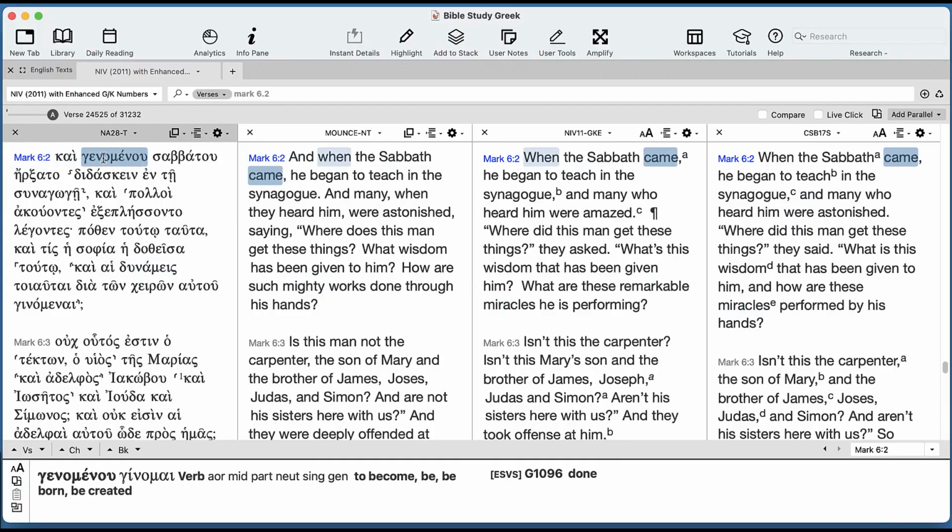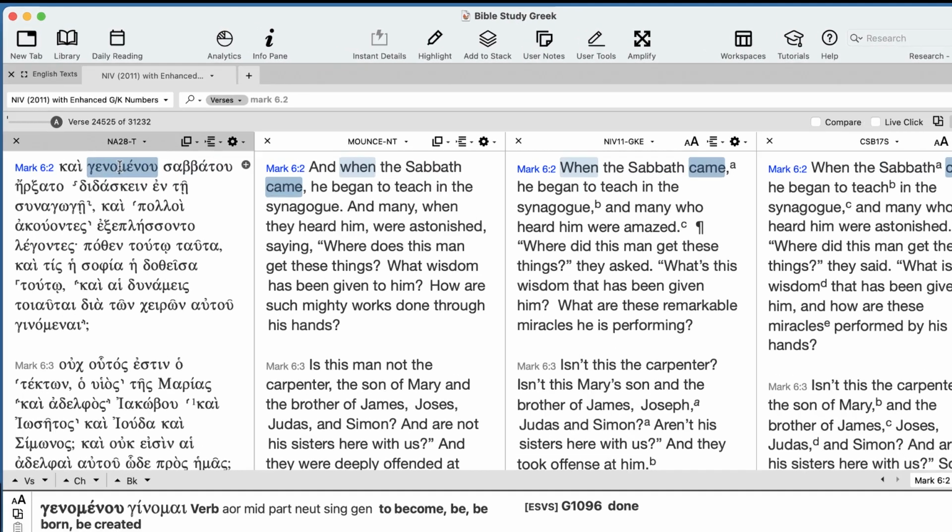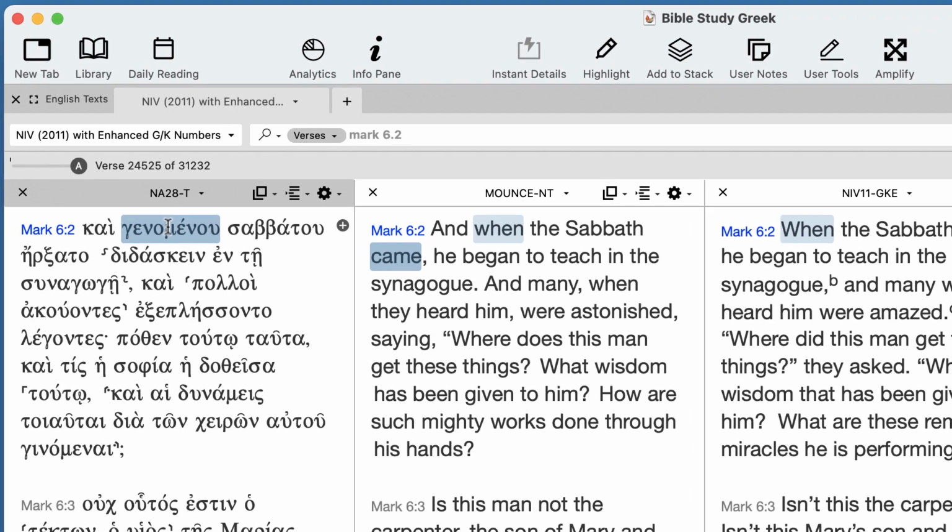It starts with, for you, it would be a difficult Greek construction, but let's take a look at it. Because what you have here is called a genitive absolute, where sabatu is functioning as the subject of this participle. We'll worry about that some other time. But it means, and when the Sabbath came, he, meaning Jesus, began to teach in the synagogue.